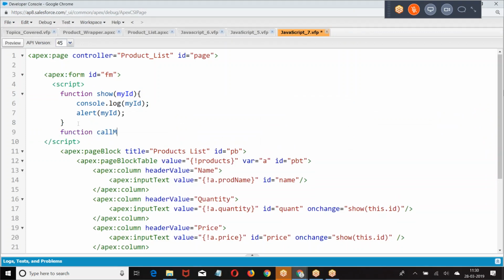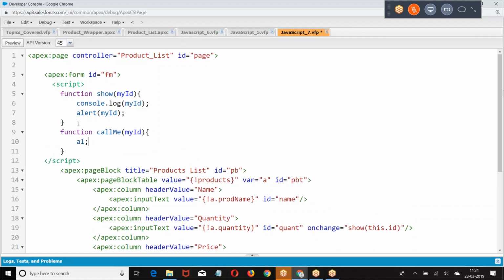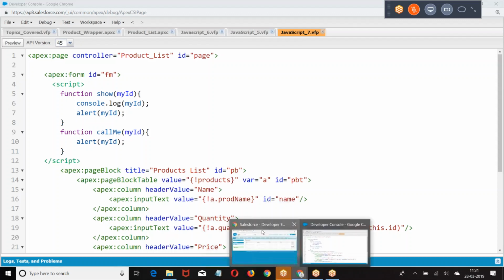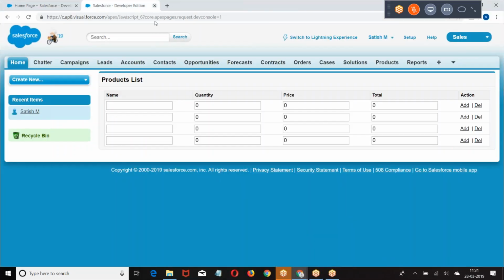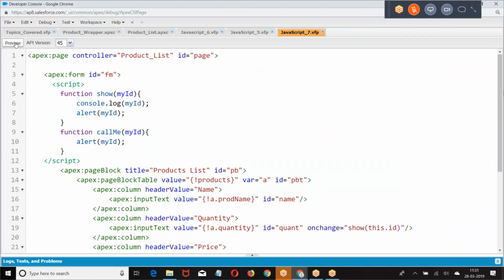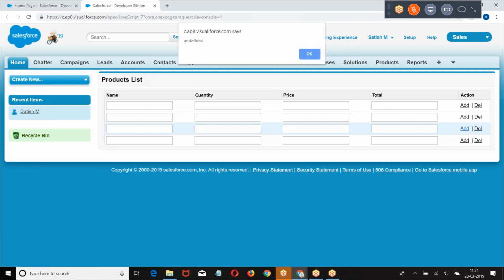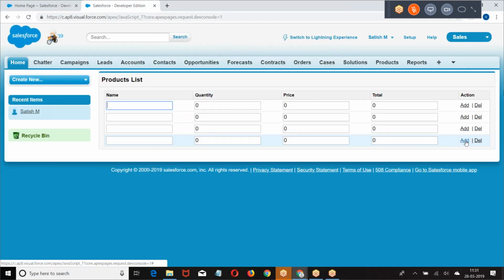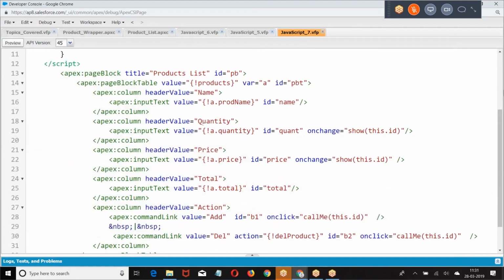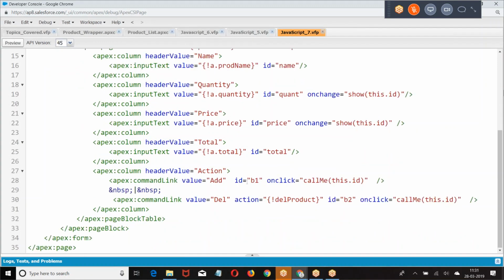Function. I have not made any changes to the code. Here in this case, the ID is not getting passed.